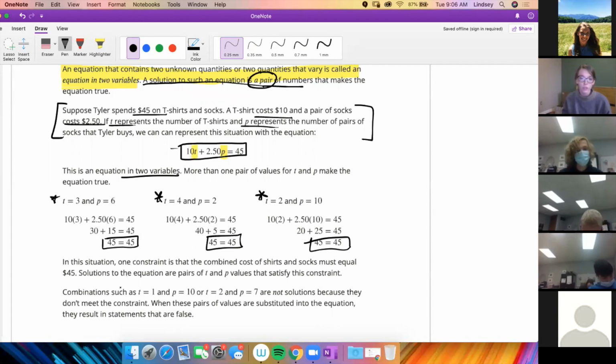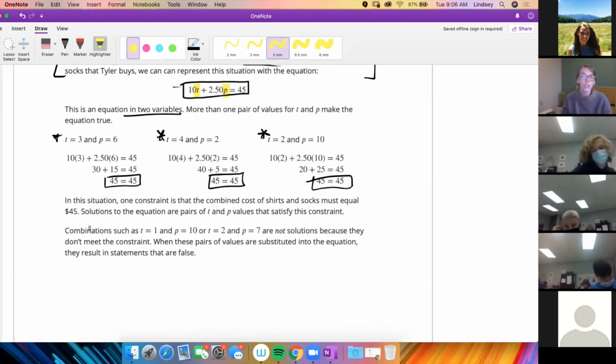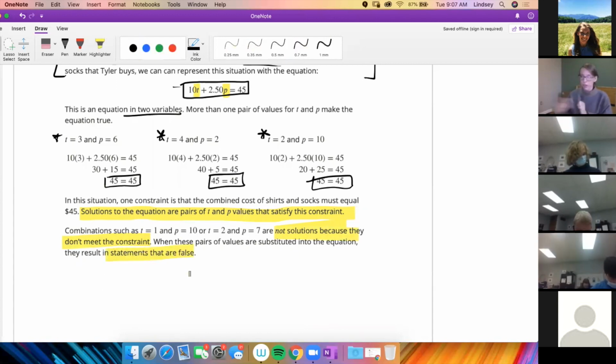Yep. All right, it says in the solution, one constraint is that the combined cost must equal $45. Solutions to this equation are pairs of T and P values that satisfy that constraint. But basically, like we said, it makes it true. Combinations such as these are not solutions because they don't meet the constraint. When we multiply those by 10 and 2.5, they do not add up to equal 45. They result in statements that are false. Okay, so